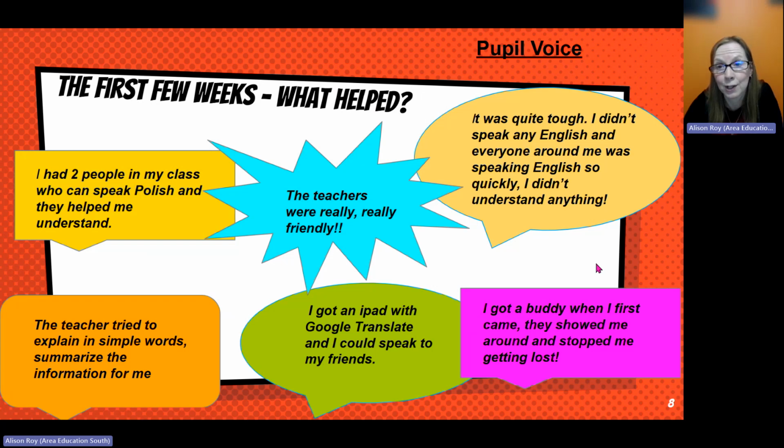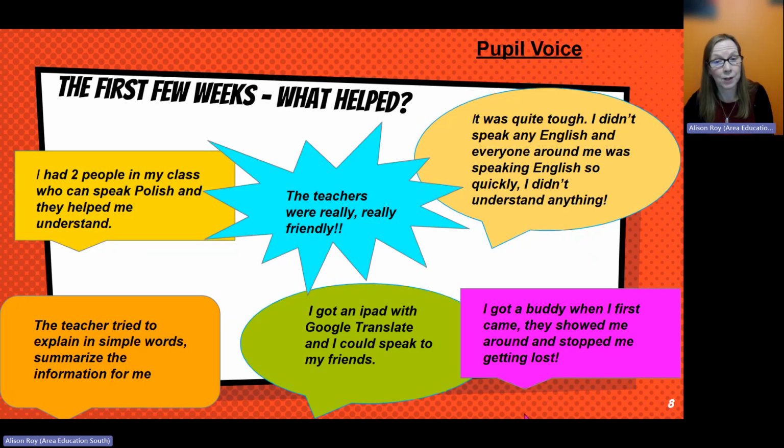Obviously, the technology helps. I think we can see that for pupils that have the Chromebooks, that's been a huge improvement and benefit for our EAL pupils in being able to communicate in those early stages. And certainly, the buddy system is invaluable in terms of students getting to know some of their peers and having that support from their peers